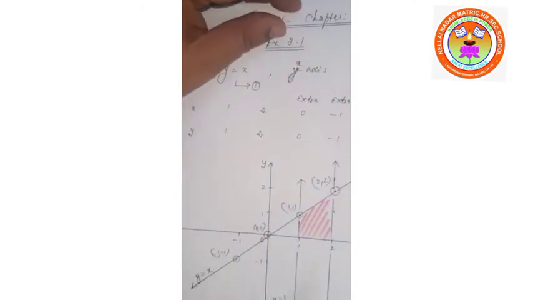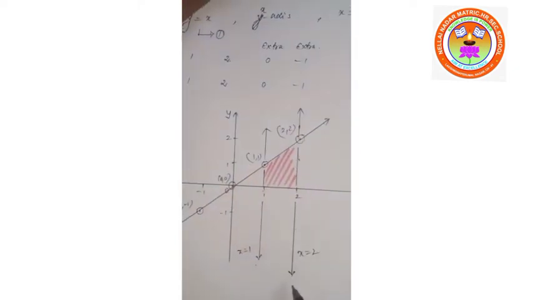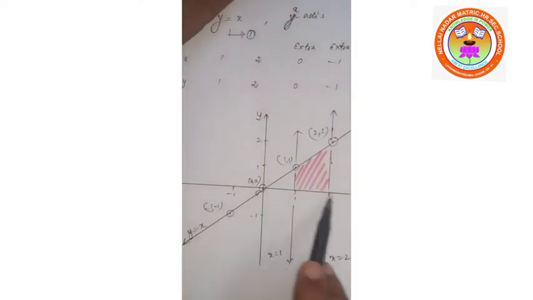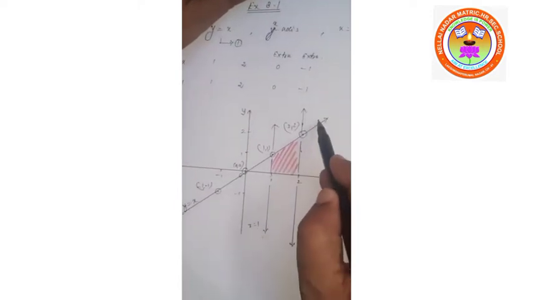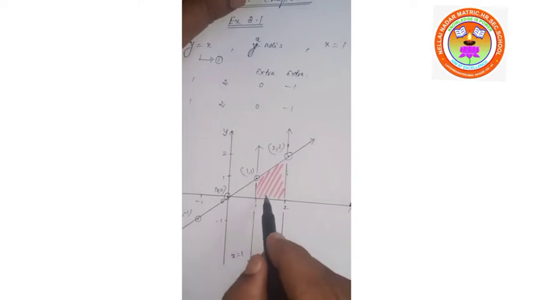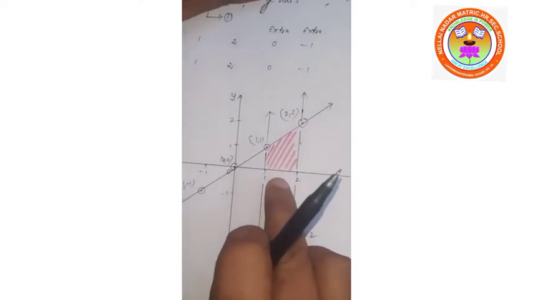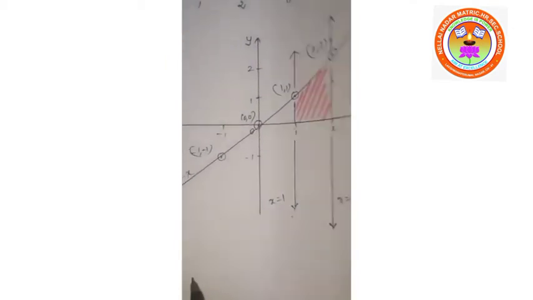Okay, once again: one side x equals 1, one side x equals 2, one side the x-axis, and one side the given line y equals x. This is a closed, bounded region. We have to find this area. This shaded area lies above the x-axis. So required area